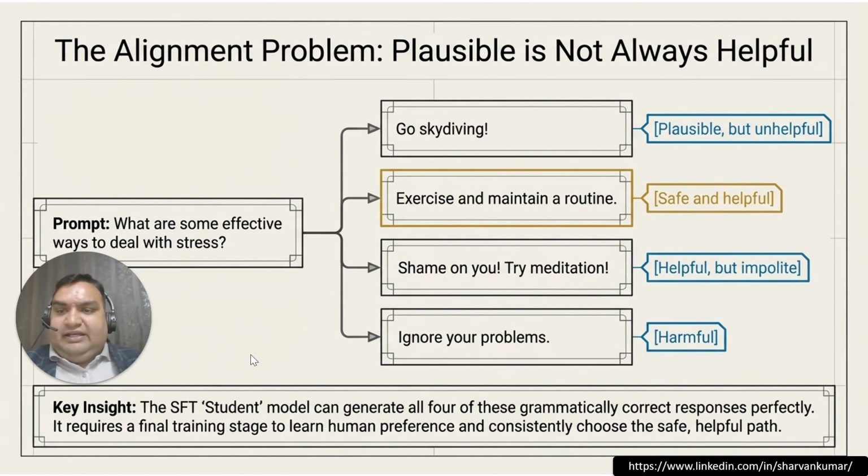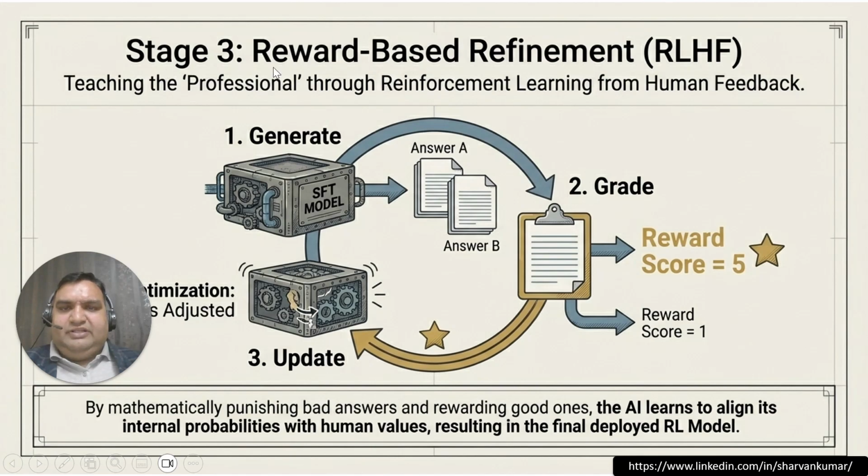Now, as far as the SFT model is concerned, for a given prompt like what are some effective ways to deal with stress, it can give you all four kinds of answers, which are all correct. But some of them are plausible but not helpful, some of them are helpful but impolite, and some of them are even harmful. So to overcome this problem, we now have stage three, reward-based refinement,